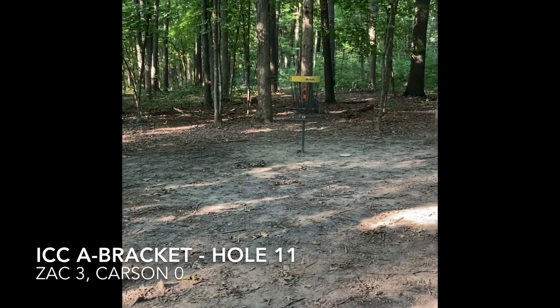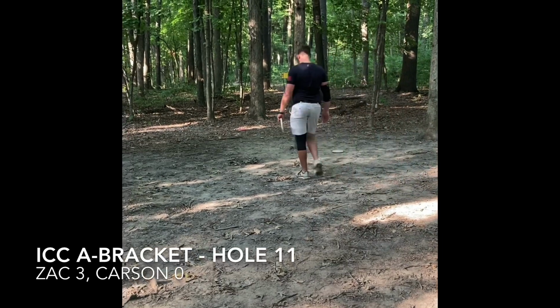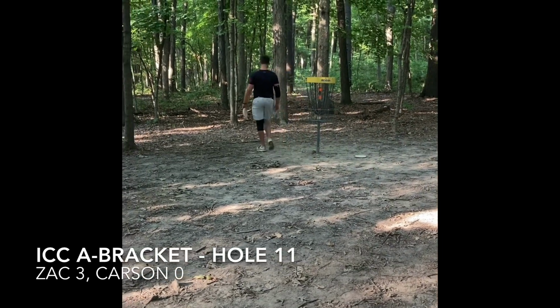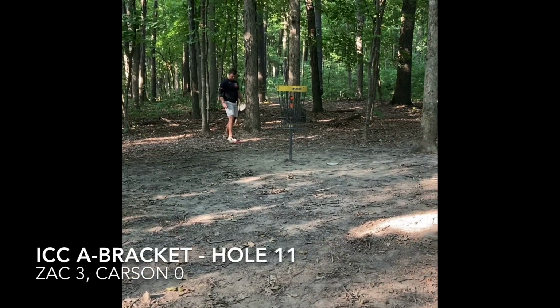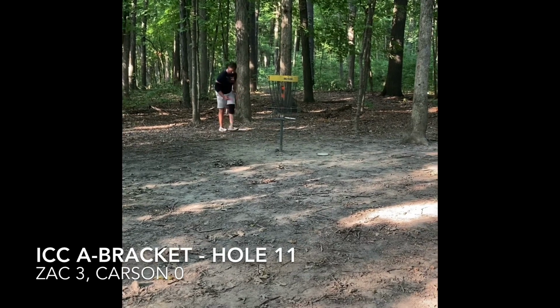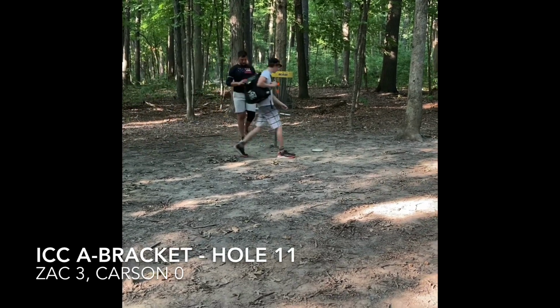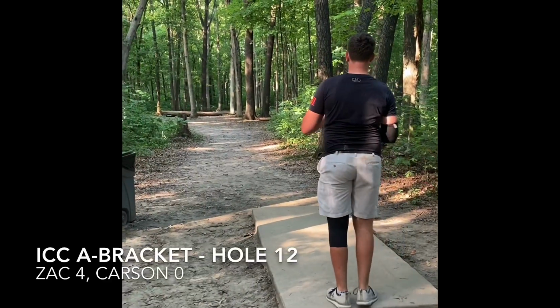Oh, that was a little right. That might have been a little tentative. Didn't look like he followed through all the way. So Zach to go up 4-0. And he does. So after 11, it's Zach 4, Carson 0. He's not really giving him any openings to catch back up. Zach up 4-0. Probably throwing a